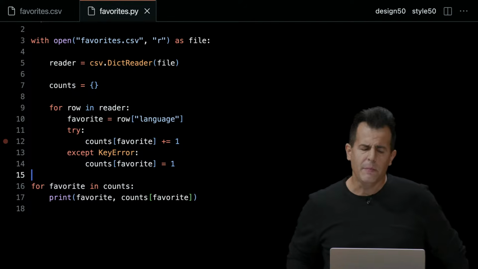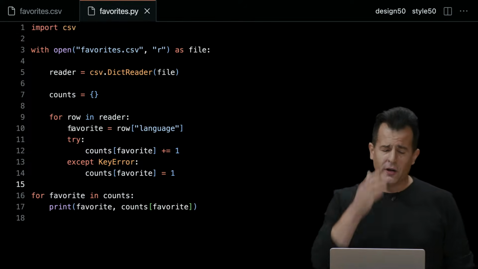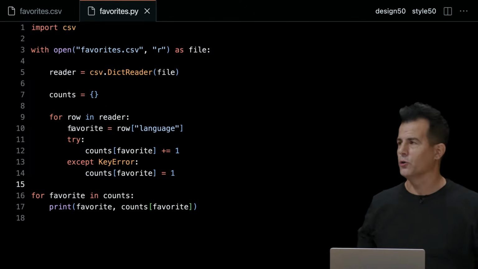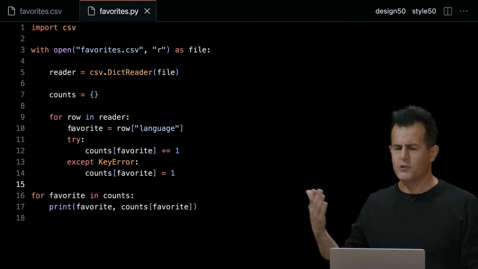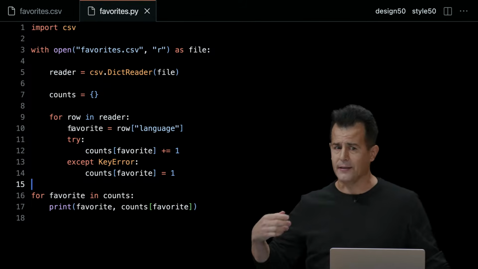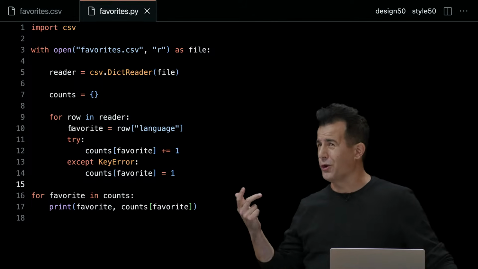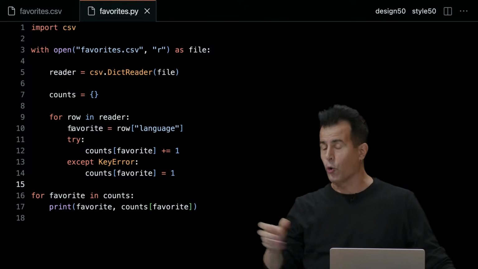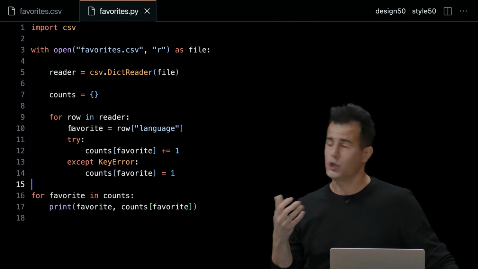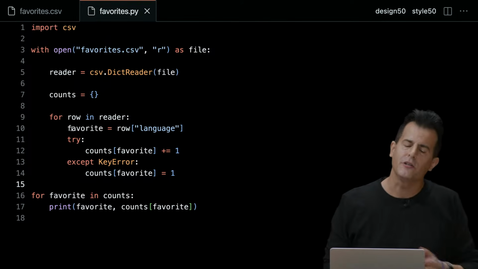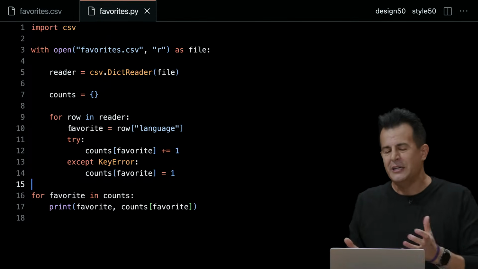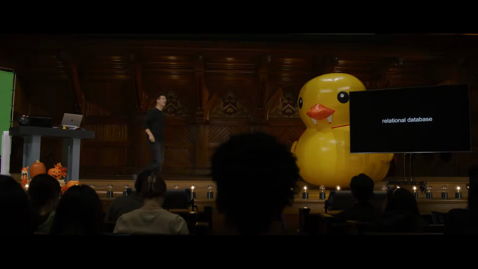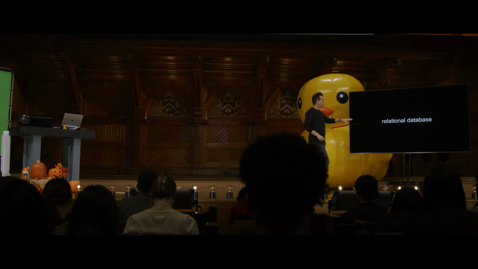All right. So let me propose that like writing this amount of code is kind of annoying, just to ask a relatively simple question, like what's the most popular language in this file, right? It's been nice. It's sort of a step backwards from Google Spreadsheets and Apple Numbers and Microsoft Excel, where you could really just like highlight the column and it would just tell you the answer, usually in the bottom right-hand corner, or you could use a function in one of those spreadsheet tools to ask the same question. So it's starting to feel like with almost 20 lines of code, like maybe there's a better way, and I dare say there is. Rather than use a flat file database, let's graduate already to what the world calls a